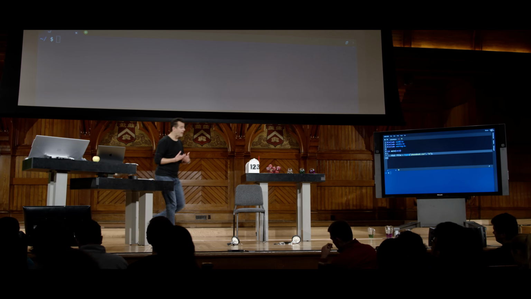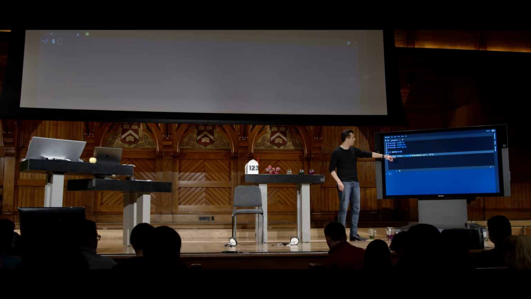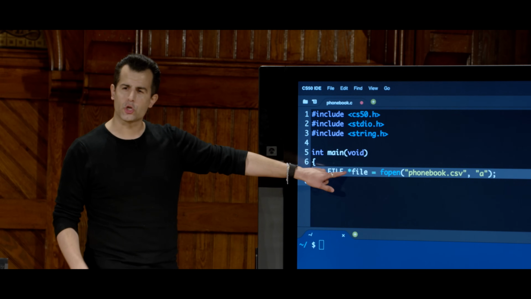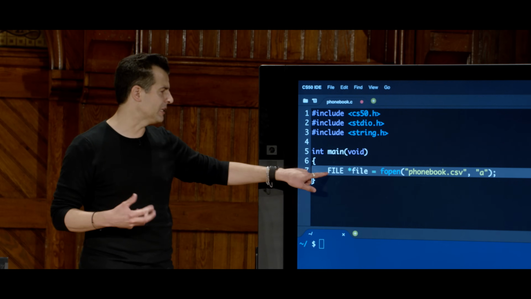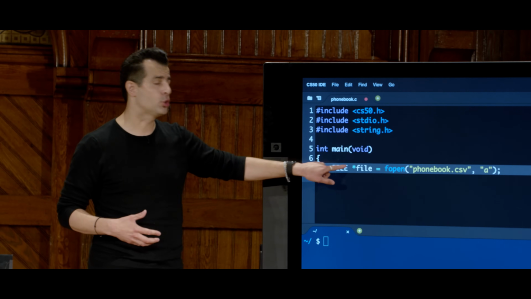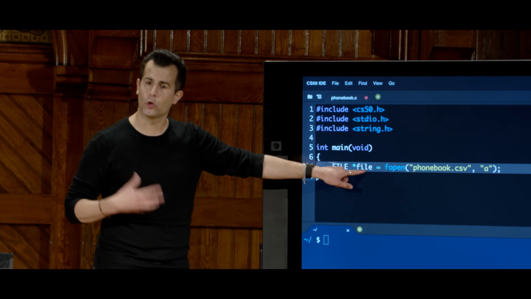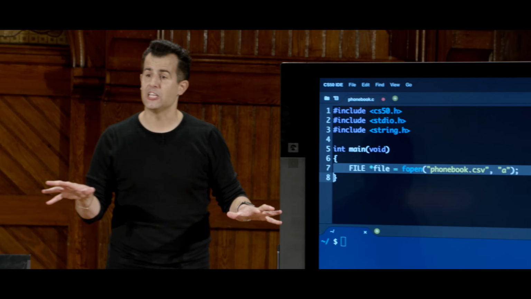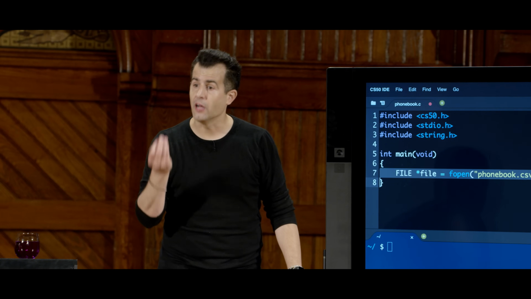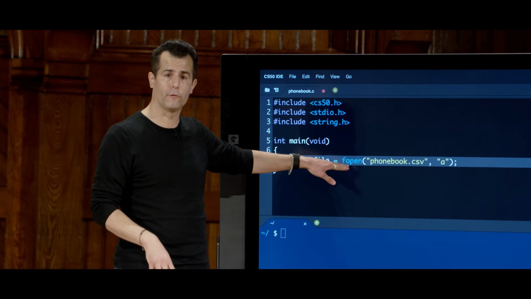It turns out now that we know pointers, or are starting to get comfortable with pointers over the next couple of weeks, notice that I can use a new data type. It's weirdly capitalized, all caps FILE. But I can say, give me a pointer to a FILE, and call it lowercase file. So this is just a variable called file that effectively, for today's purposes, is going to store the contents of a file for me. It's not technically doing that, but that's a reasonable mental model for now.